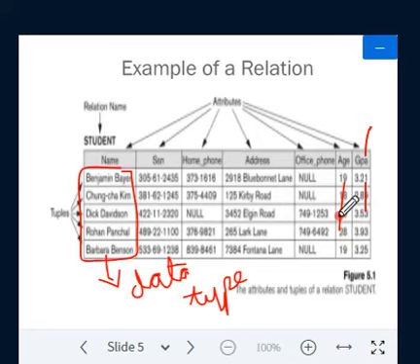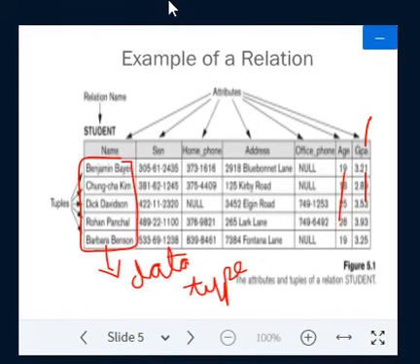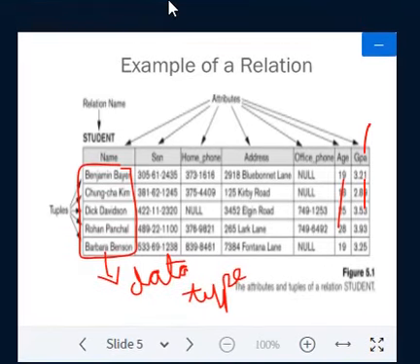I cannot say the engineering student age is 4 years. Yes or no? A 4 year old kid is not an engineering student. There will be an age to enter a particular degree. So 18 to 25, like that. We can give the format for this. Hope you are understanding this.